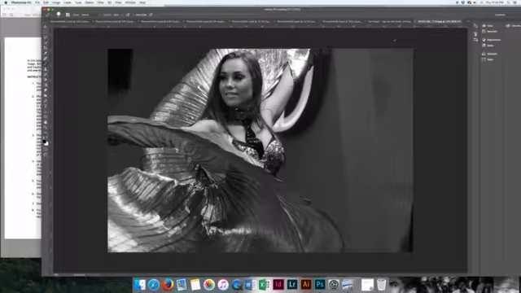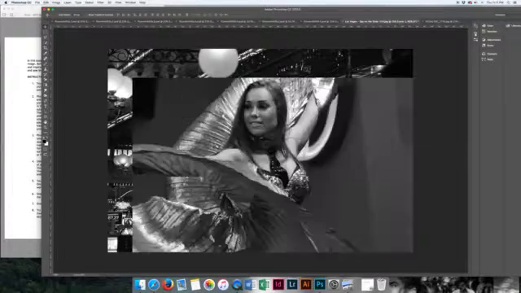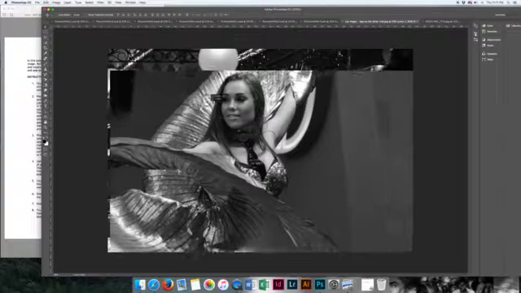So I'm just going to take this one. Here's my move tool right here. And there's a number of ways you can do this, but one way you can take a picture from one Photoshop file and put in another, get your move tool, grab it, and then go touch the tab of the file that you want to put it into. Don't let go of your mouse, and then bring your mouse back down to inside the picture, and then let go of your mouse button, and there you've got